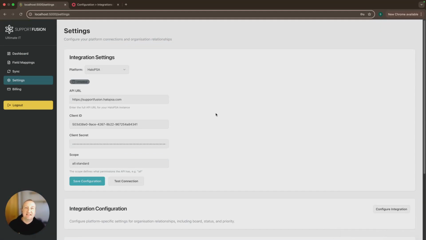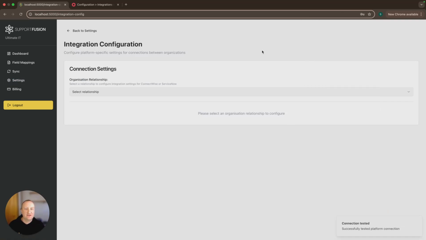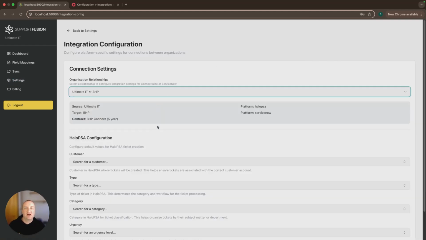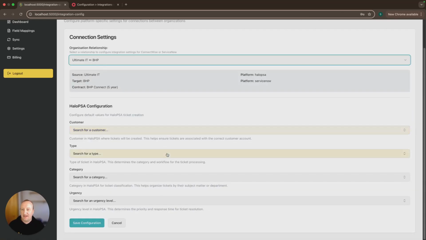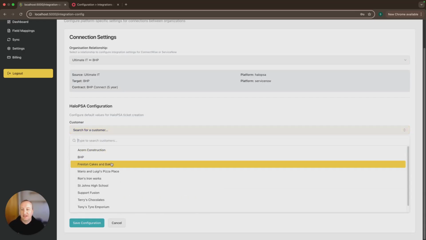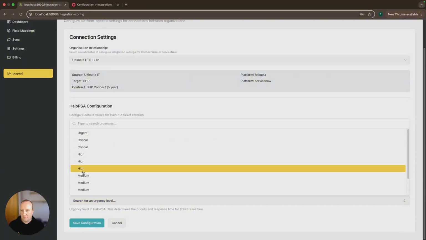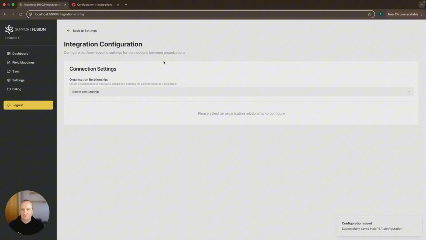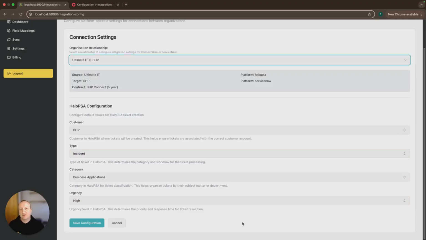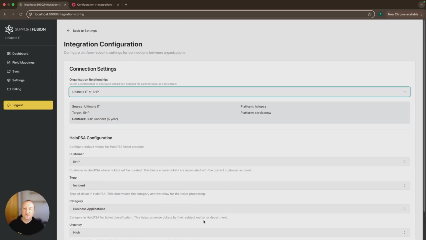Okay, now I've got all the settings saved under the integration settings. I'll just do a quick test on that. Great, now that's all working. I can go across to the integration defaults, select my relationship here, and now set up the default values I want tickets to be created as. Alright, so I've selected all those values, I've saved that configuration, and now these will be used when tickets are